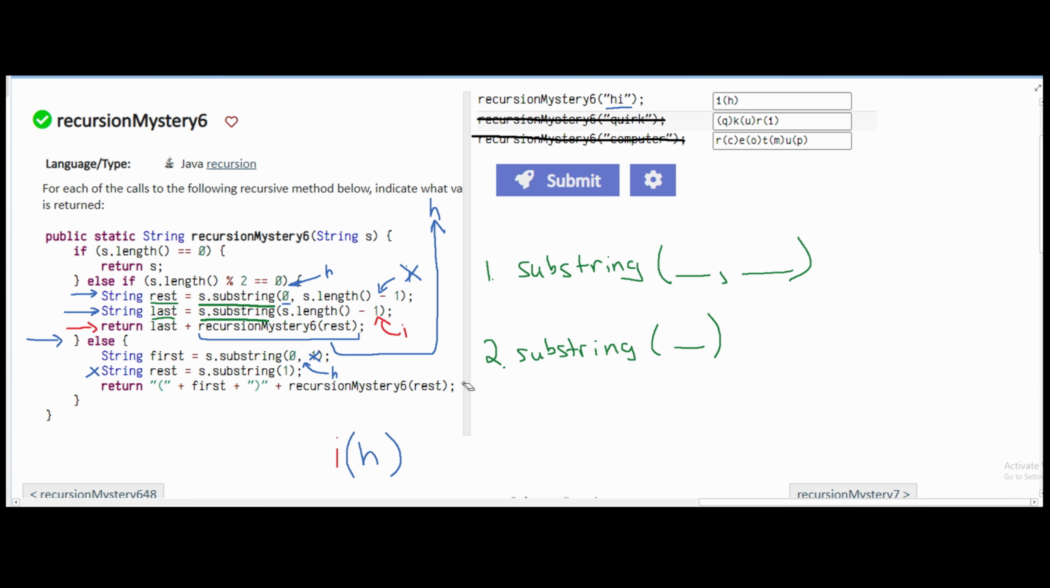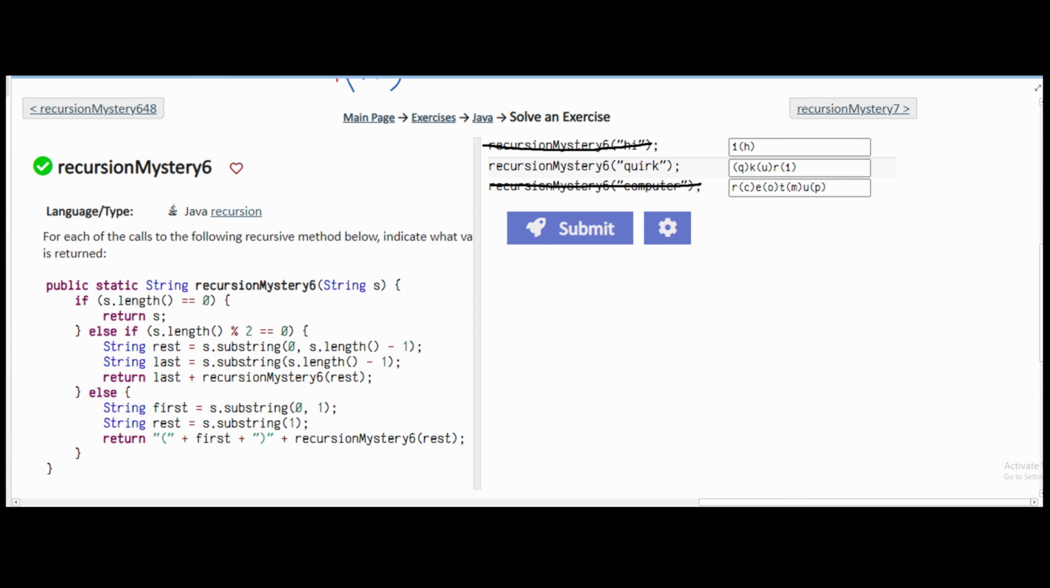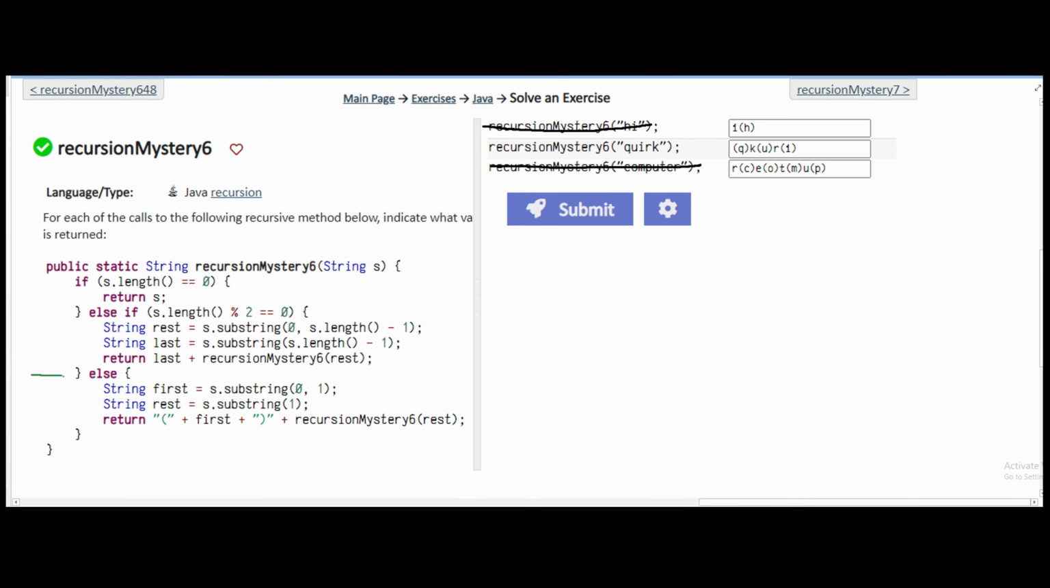However, since we don't have anything, this is just the answer. In our second problem, we're past the parameter quirk, and the length of this is 5. So here we are going to go into our else statement,